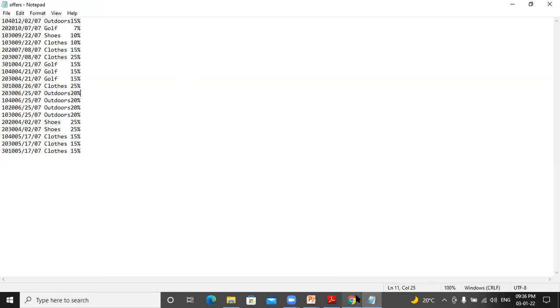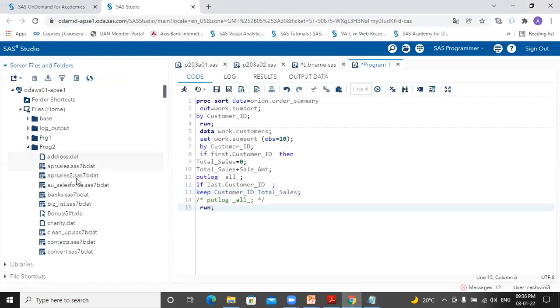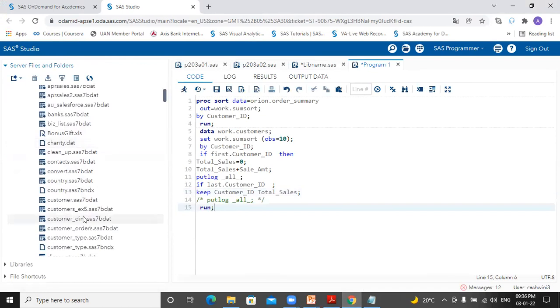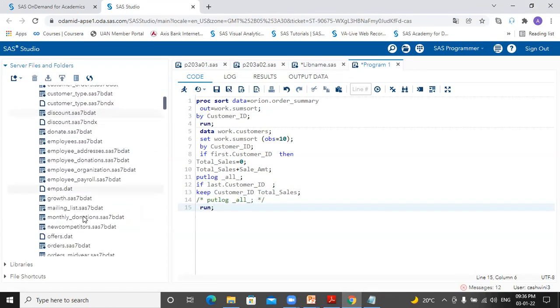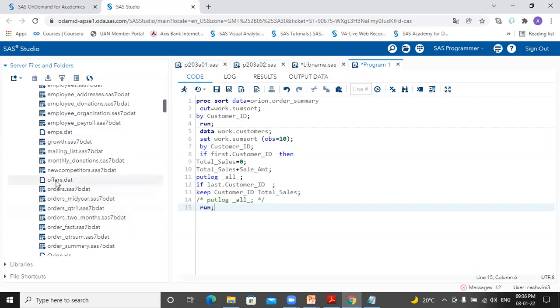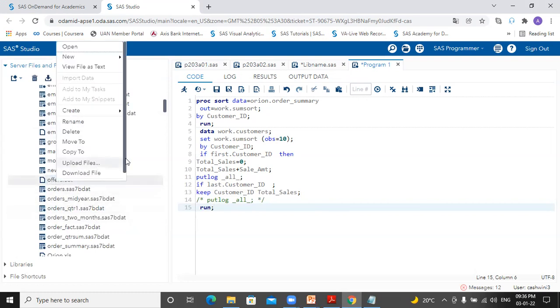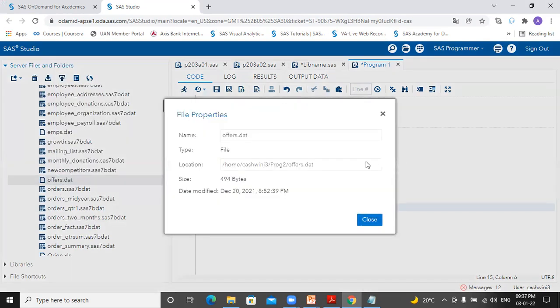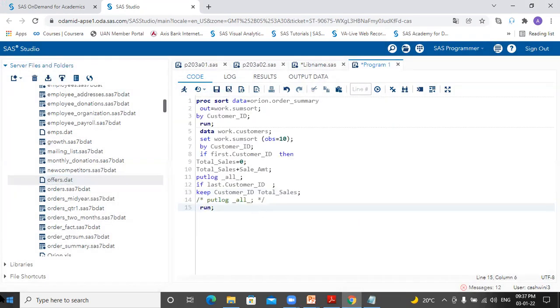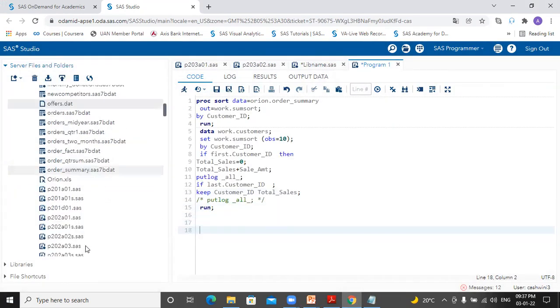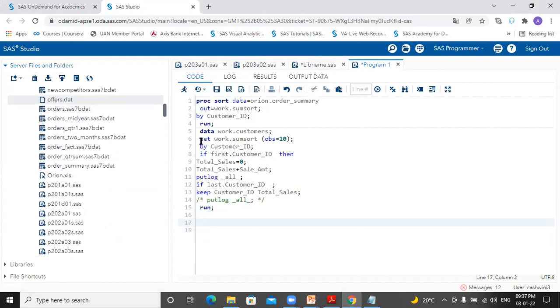Okay, so first and foremost, because we are working in SAS Studio, let me check within Studio we have orders data. Okay, so let me check its properties. Yes, so we'll have to provide the information to read this data, because this data is not structured data. We are not going to give the information with a set statement as an input data source. We are going to create a data set of offers or orders, whatever the data is, by reading it from a raw file.